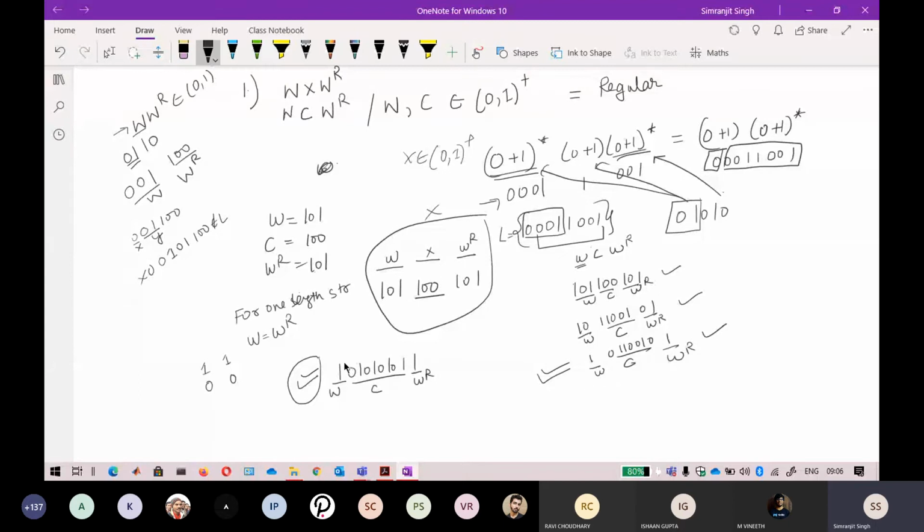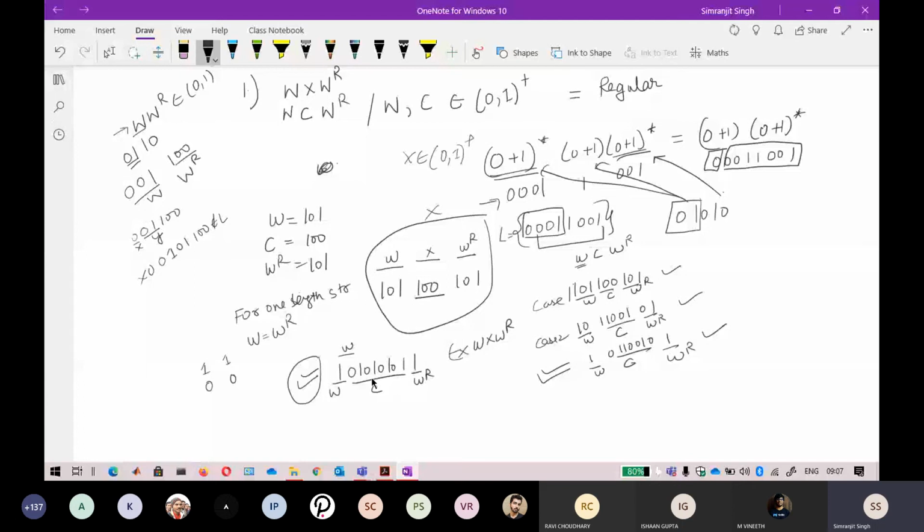Apply again. If I am seeing this, this is your case 1, I have divided this, this is your case 2. Now if I just extend this W, the WR I cannot find. So I can say that this language does not belong to this one, but exactly this language is belonging to WCWR. If I consider this one as the W string, and this as the reversal string, then all in between is C, because I have not given you the length of C. The length of C can be anything.